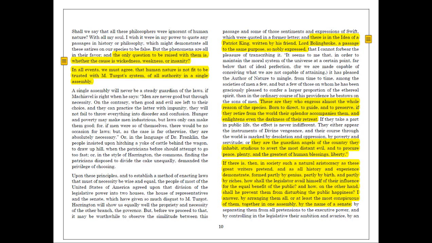Now, it is an observation on the dilemma of human nature, right? To what extent are men reasonable, cooperative, and social? To what extent are they aggressive, irrational, violent, antisocial?